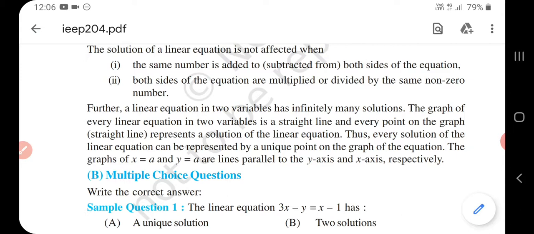Now, if possible, choose the integral value of x in the second step in such a way that the corresponding value of y is also an integer. It is enough to plot two points. If you find two points, that is enough. Plot 2 points corresponding to 2 solutions and join them by a line. However, it is advisable to plot more than 2 such points so that the correctness of the graph may be checked immediately. Understand?